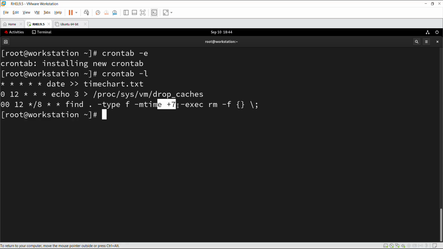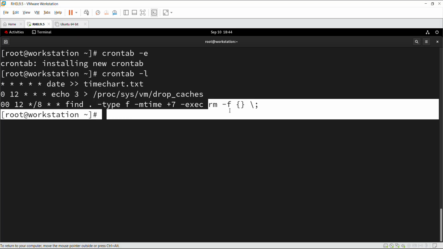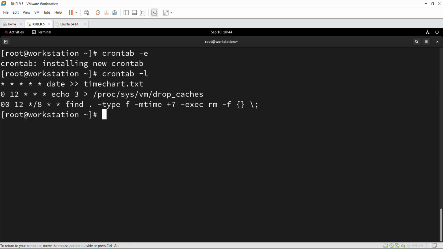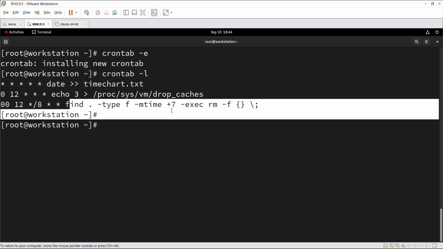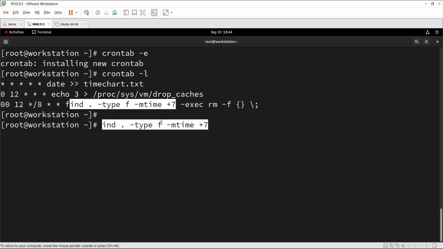Older than 7 days. If it is matched, the command is going to find the matching files, and then it executes a command. So which command? rm -f. Execute this command here. So the find command, find +7 here,